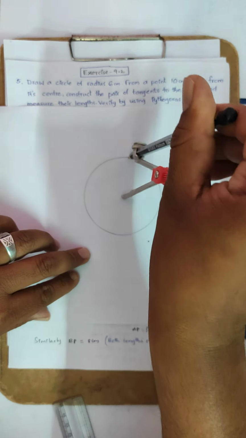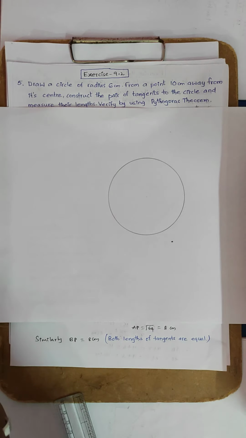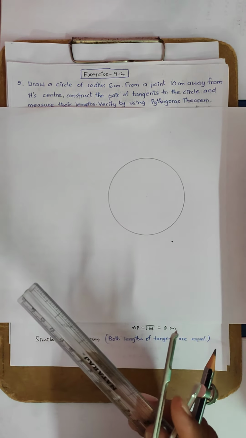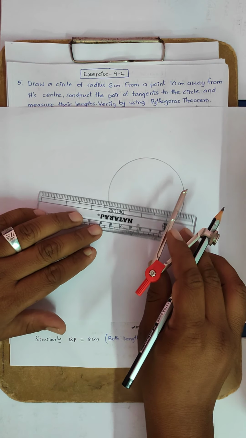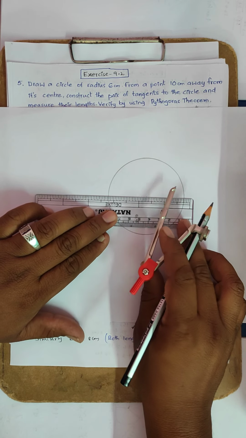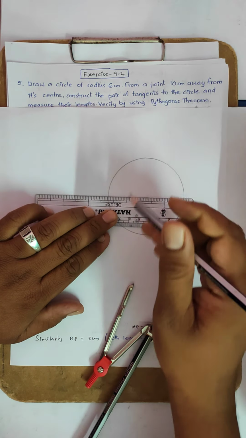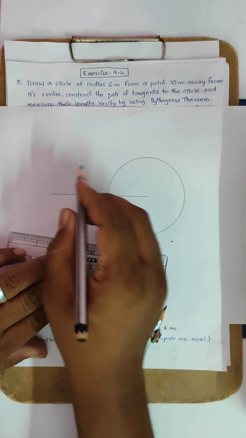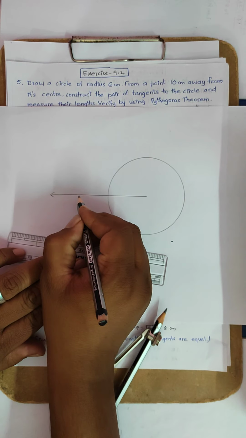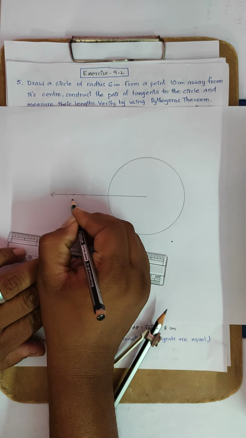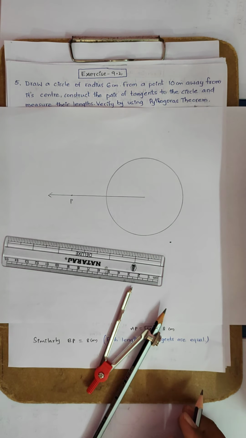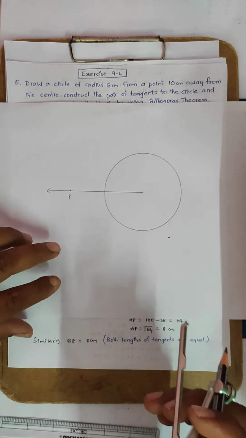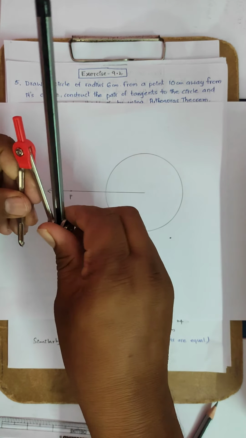like this. Okay, from the external point to the center, whether you know the distance or not, simply draw a ray like this. Now if there is a point P to draw a tangent from, how can you draw it? First